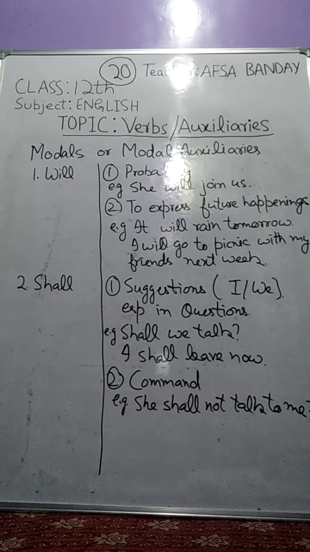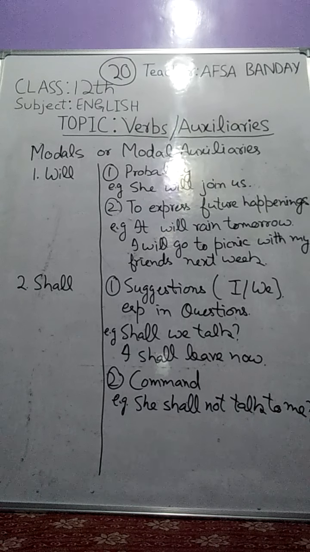Instead of will, we use the present continuous tense. So if you have decided something, this sentence would be like this: I am going to a picnic with my friends next week. That would suggest that you have decided, that definitely you are going with your friends next week. But if you say I will go, that means you are not certain, you have not decided yet.